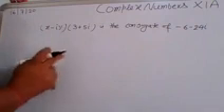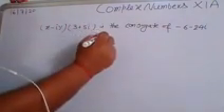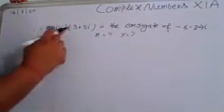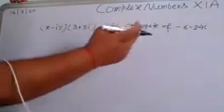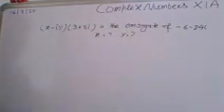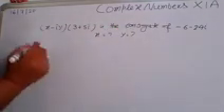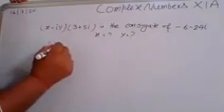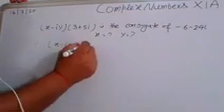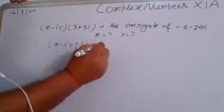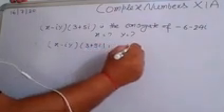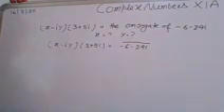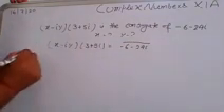Here you have to find the values of x and y for which the product of these two complex numbers is the conjugate of minus 6 minus 24i. So how do you write this expression? Here it is given (x minus iy) into (3 plus 5i) is equal to the conjugate of minus 6 minus 24i. Now here you are taking the product.